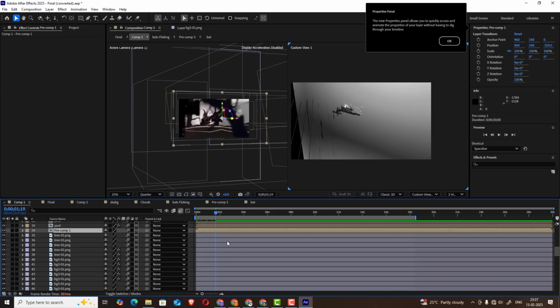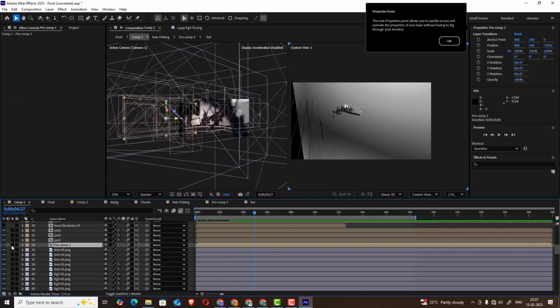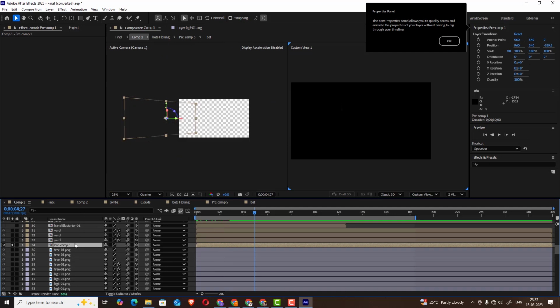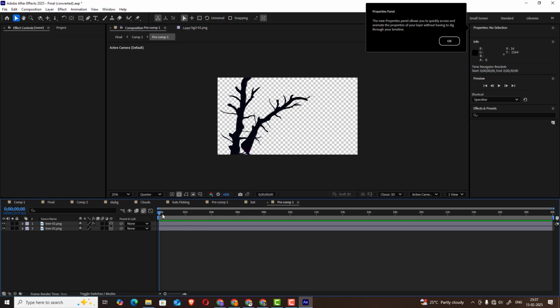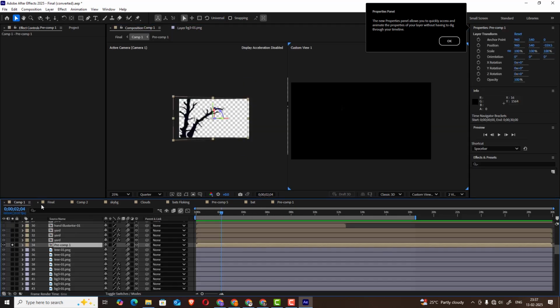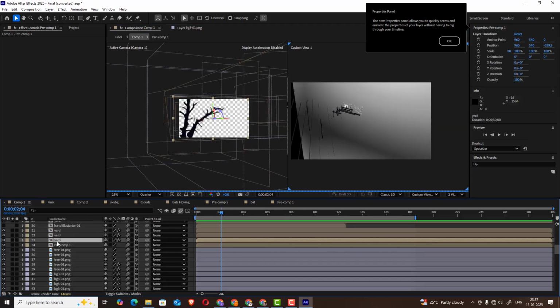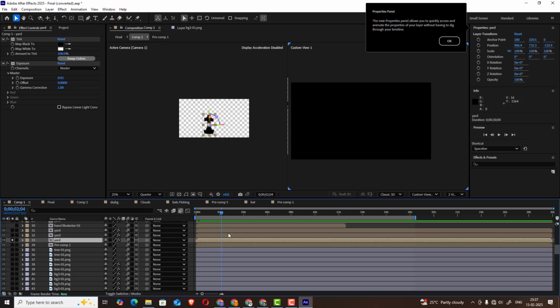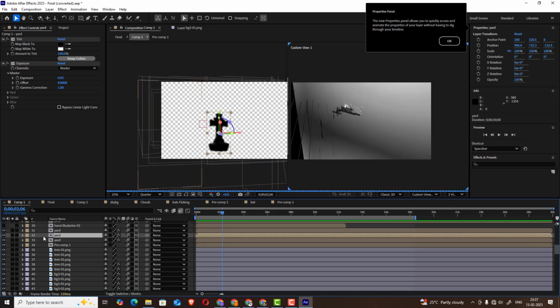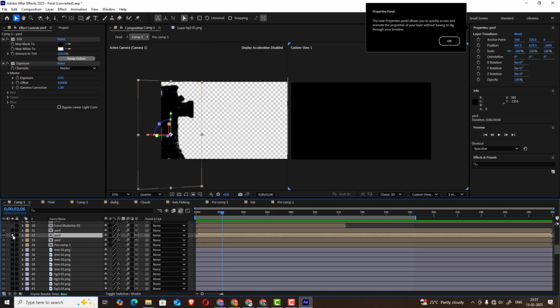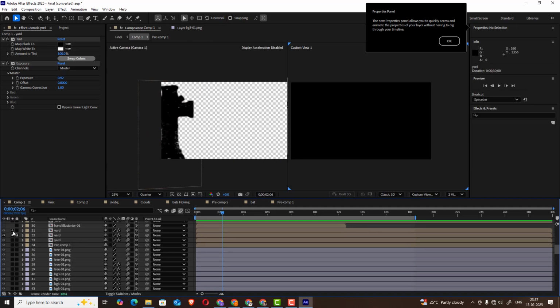Okay, and here we used to have some pre-comp. What this pre-comp means, once we go here, this is also a tree, dry trees I used here. And this is a yard, and these dry trees and the yards I placed over here. Okay,